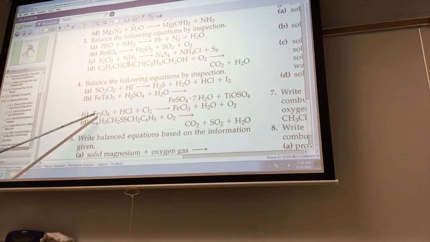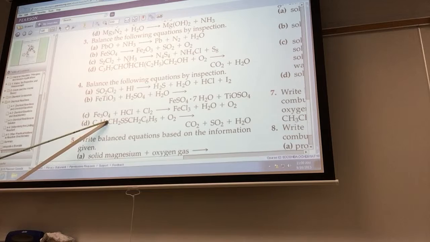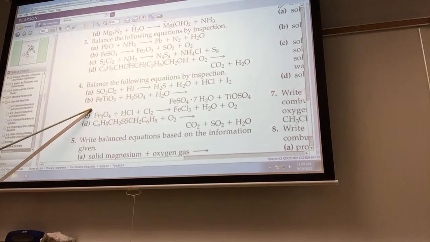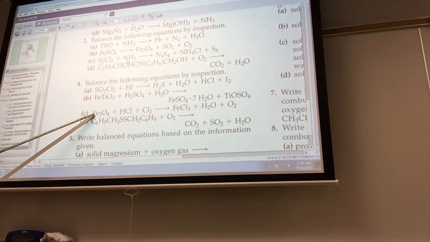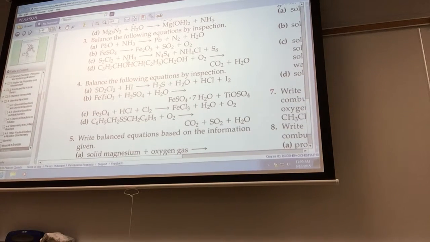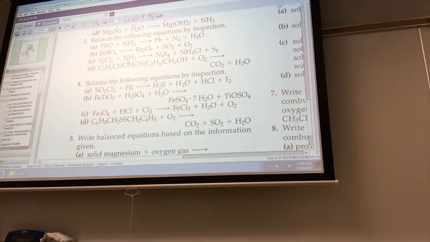You know what geologists would call Fe3O4? Geologists call Fe3O4 magnetite. It's a mineral, a black mineral. Magnetite. But I don't want to use magnetite, which is a common name. I'd rather call it by its normal chemical name, which is